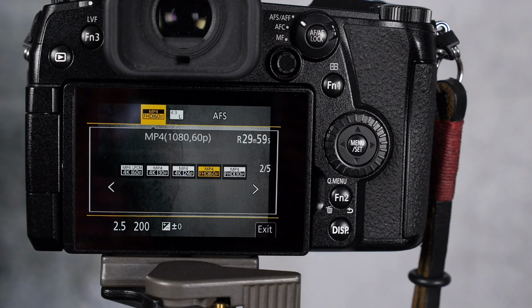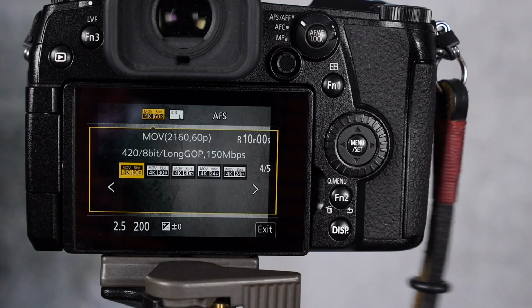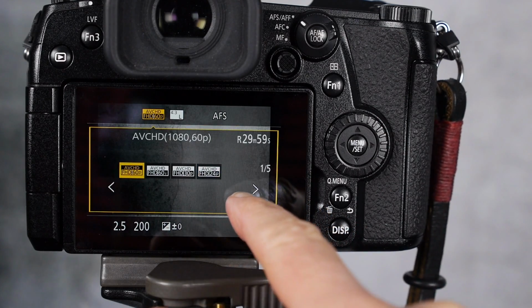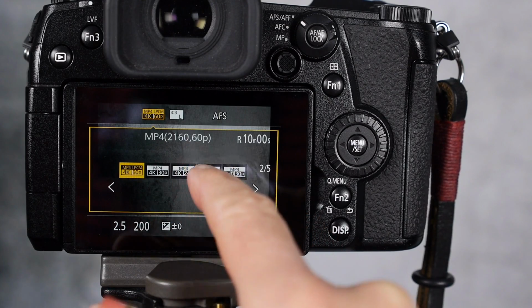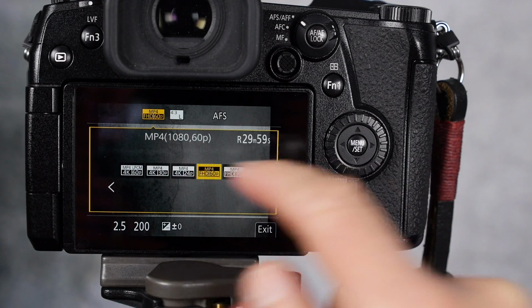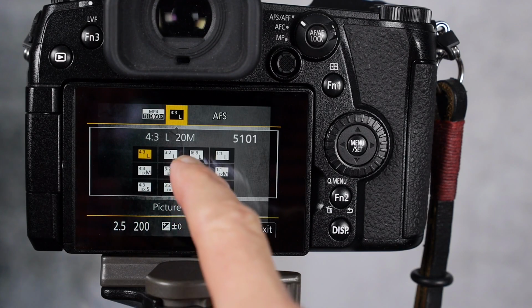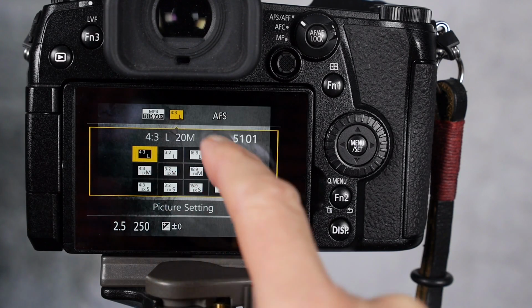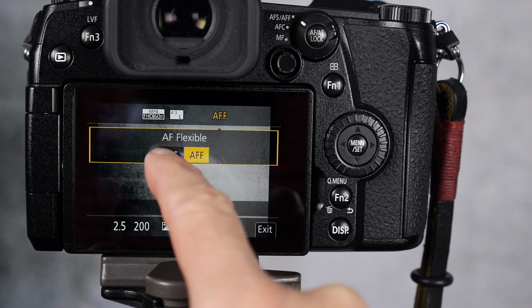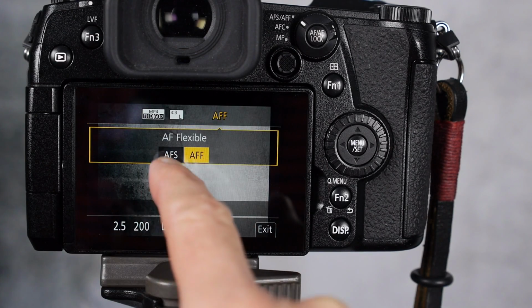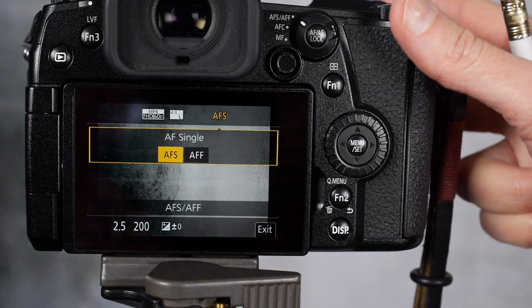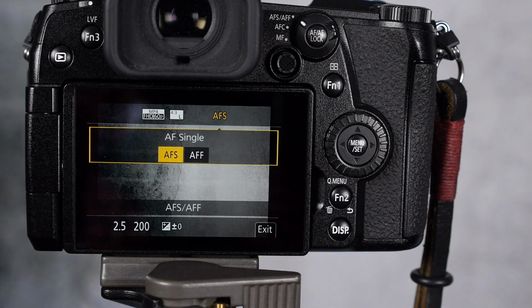And in this case, you can see that we can change our video file size and our quality of our video. So I'm just going to go back to MP4 1080p. You can choose your file size and the aspect ratio. So you can change any of those in there. And you can change your autofocus settings into autofocus flexible or autofocus single shot. And that's pretty much it for the regular Intelligent Auto mode.